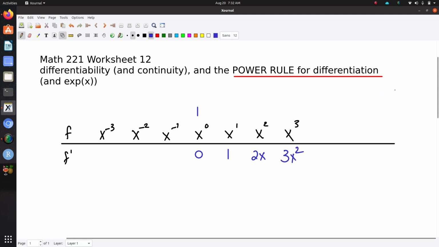So that's clear. All right, if we want to take the derivative of x to the negative 1, we're going to get minus x to the negative 2, and we take the derivative of this guy, minus 2x to the minus 3, and this is minus 3x to the negative 4. Everything I've written here is true, and so we can kind of ignore the fact that there's a missing case,